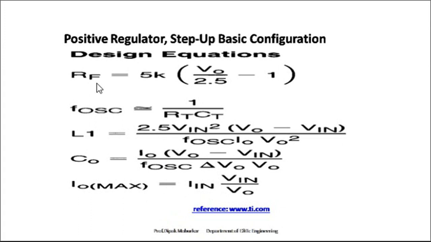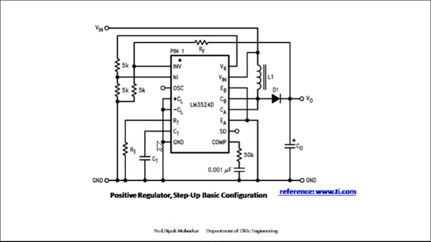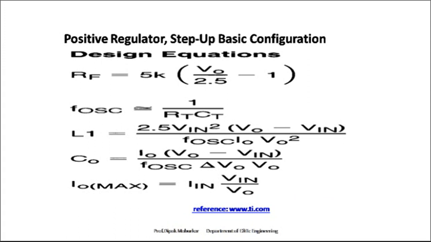Okay, so these are some standard design equations, as you can call them, given in the respective data sheet of ICs. Our role is to put the values in those equations and find the component values. Again we can see the diagram, what values are given, and in this way we have to find the respective resistor, capacitor, inductor as well as oscillator frequency values, and in this way we can design.